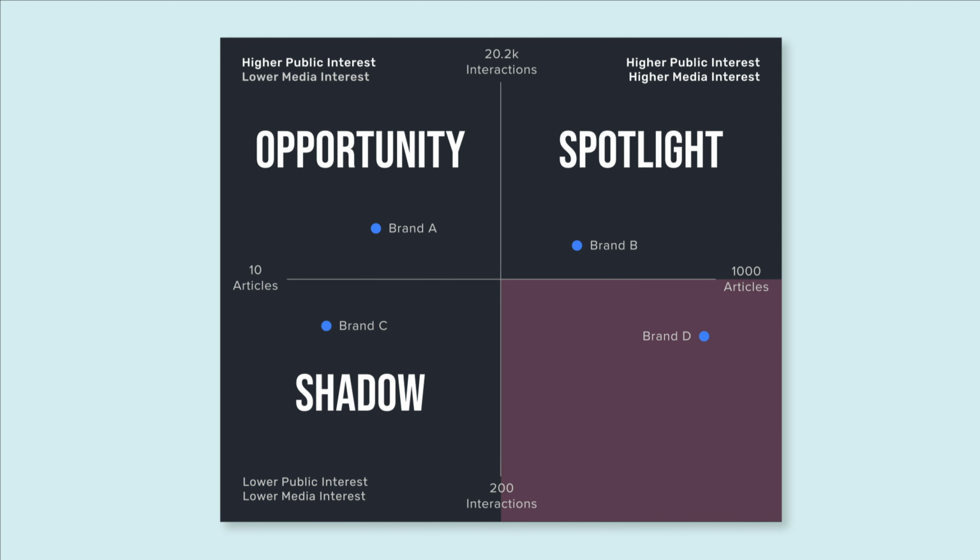Lastly, in the bottom right, we have the Echo Quadrant, which is characterized by a dissonance between high media interest and low public engagement. Here, the media's message resounds, but the public's response remains faint. This signals potential misalignment where the media are simply missing the mark, unable to engage with the audience. Despite the challenge, this quadrant presents an intriguing opportunity to understand this disconnect and redefine the conversation, potentially transforming the echo into a harmonious dialogue.